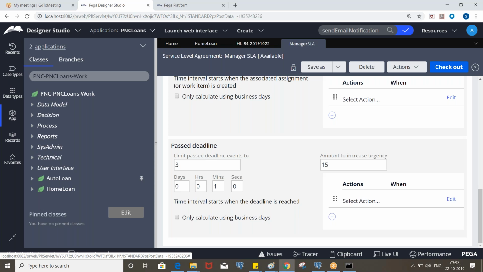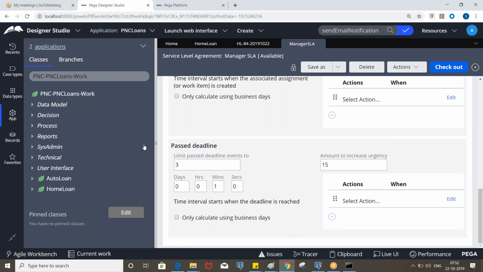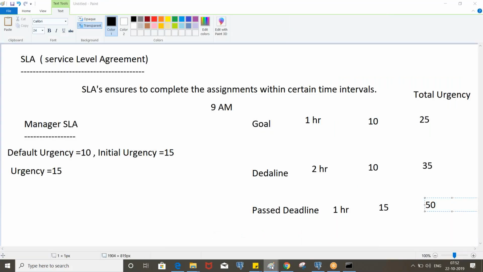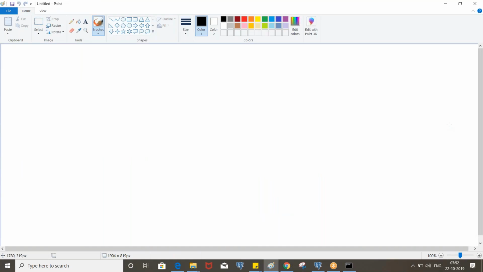Whoever applies for home loan or auto loan, the email has to be sent out to that particular email address with the address details. So we can capture the to email address from the borrower page, and the from address and the password we can capture from the email account. Okay, so this will be the continuation scenario. Later we modify the same thing for SLA, and we will test how it is sending an email in the past deadline.